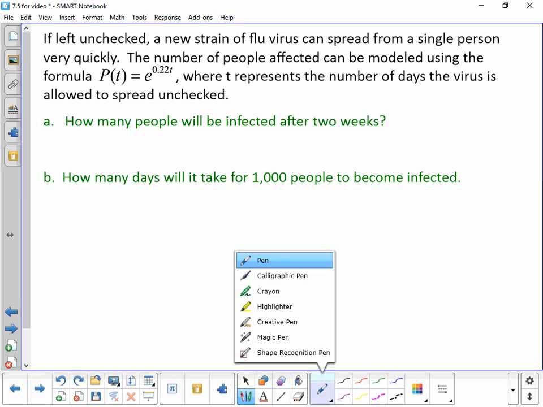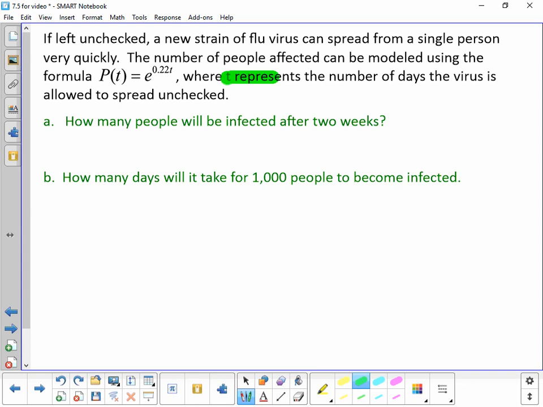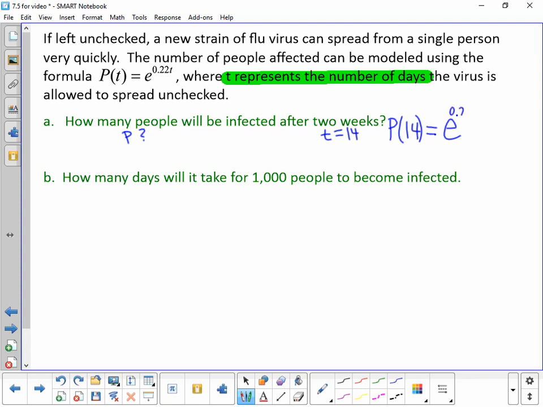Well, our equation here has a t in it, which is representing time, and specifically time is measured in days. So this first question is saying what is P, how many people will be infected after 2 weeks. So that's saying if t is 14. 2 weeks would be 14 days, and we are measuring our time in days. So we are wanting to know what is P of 14. If I plug 14 in for t, well, that would be equal to e to the 0.22 times 14 power. And if we use our calculator to evaluate that,